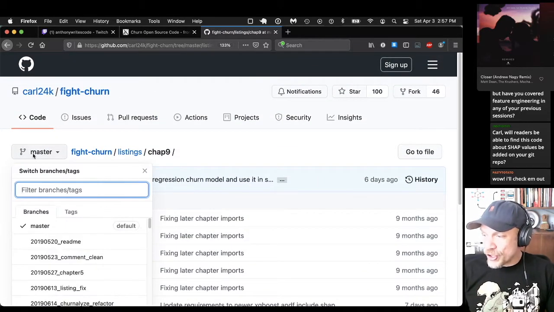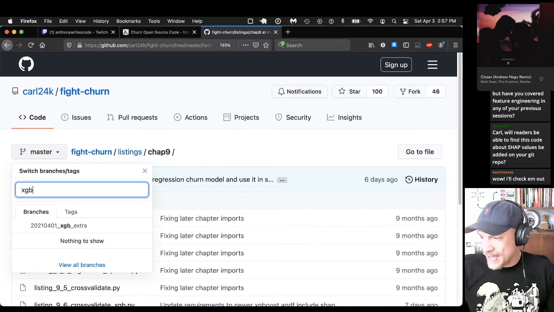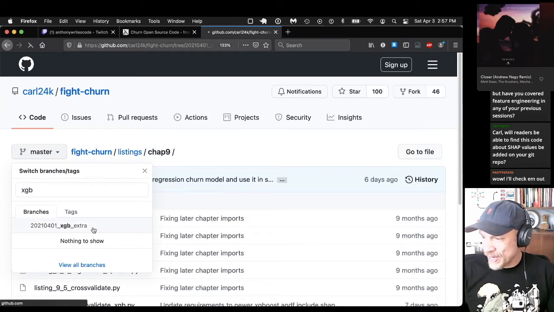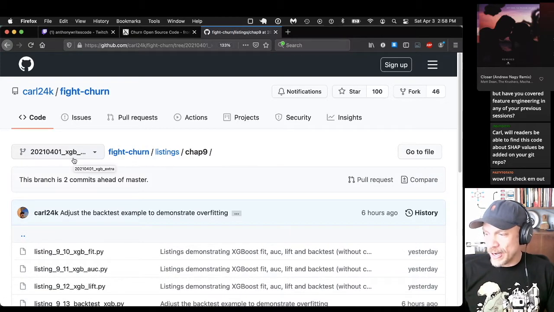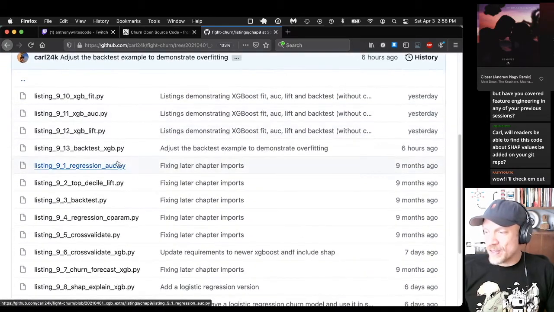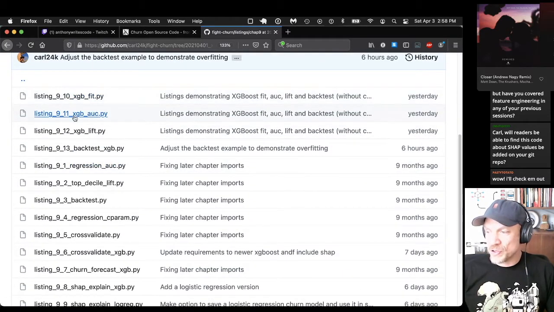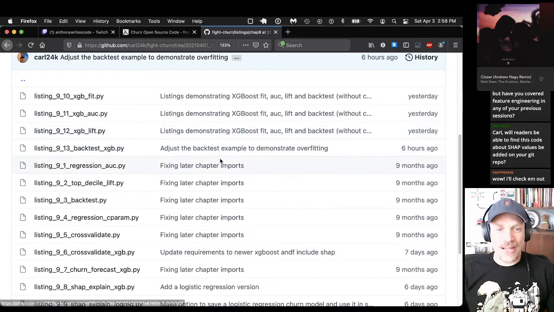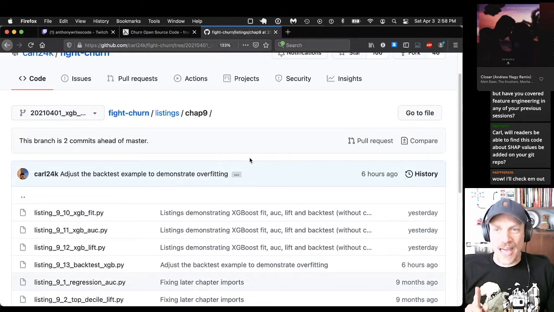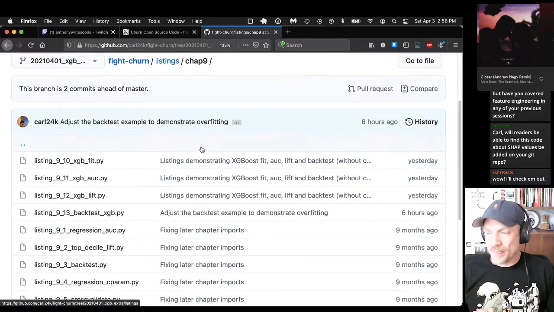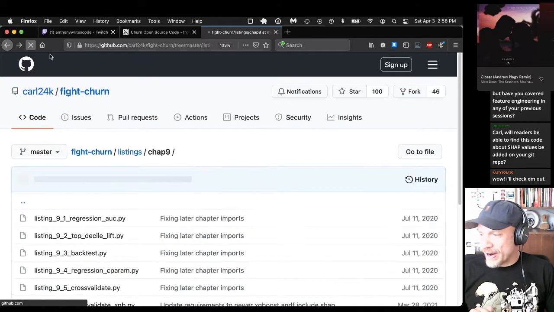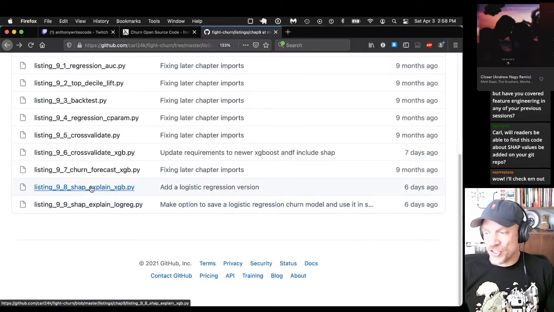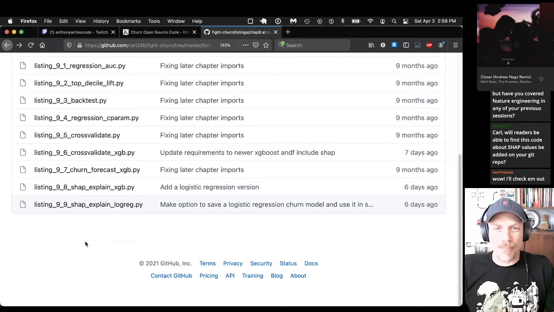Some of the other code that we're looking at today, though, you're going to have to go to a branch, XGB extra, and that's where you'll find these later listings, 10, 11, 12, 13. So that's the quick detour into the status of the code. So back to the master branch, it contains the SHAP explain examples, just a couple.